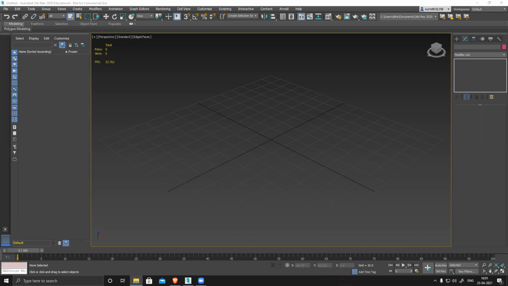Hot chandelier. Okay, so we have created that shape of this vase. So we know how to use the line tool and how to create that. Now I'm planning to create this using poly modeling as well as spline modeling, both together. I have a reference, I'll show you the reference.